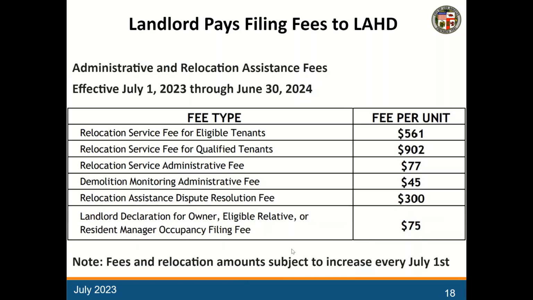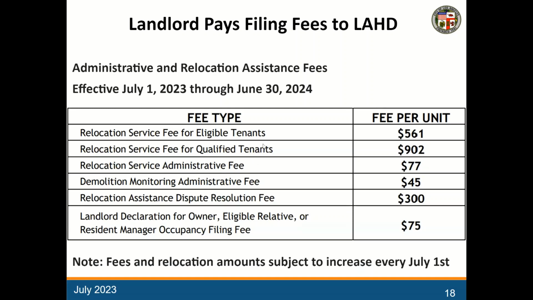I mentioned previously that part of the process is a landlord has to pay filing fees for the relocation services. Not the relocation assistance fee for the tenants, but the relocation services for the consultant to make the relocation determination and provide additional services to the tenant. The fees that apply are indicated on the screen, and they are different depending on the type of tenancy that